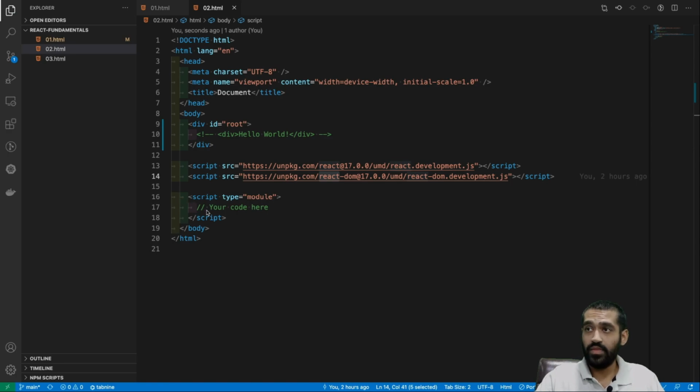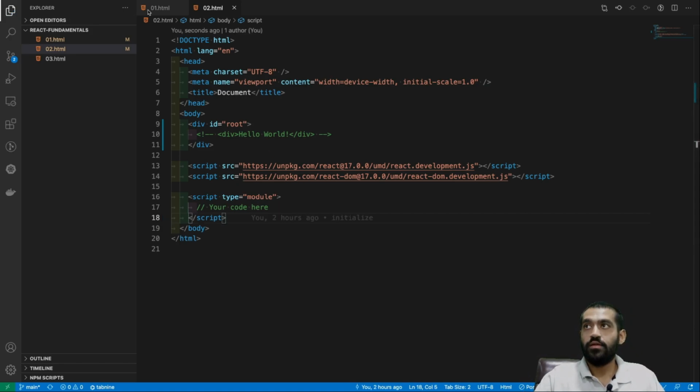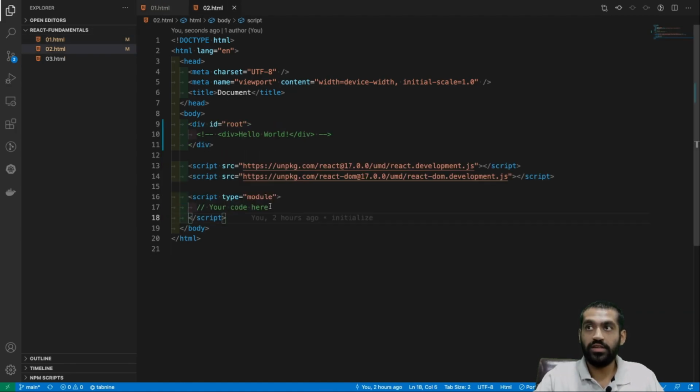And again we have to start writing our code here. Okay, so how do we work with React? Pretty simple. We do none of this. Okay, quite literally none of this. React is declarative by nature, and what do we mean by that? We'll see it just in a bit.